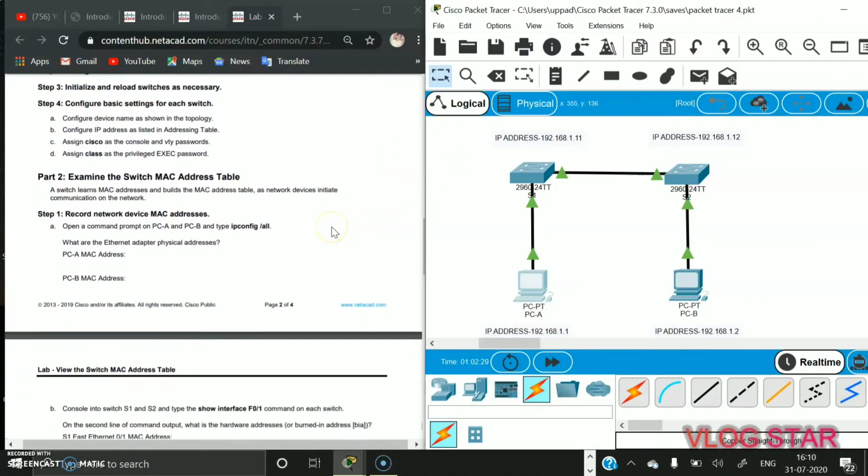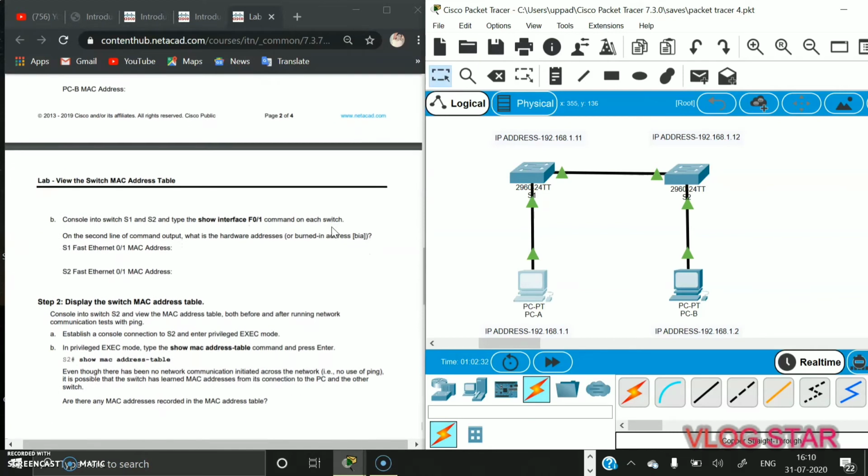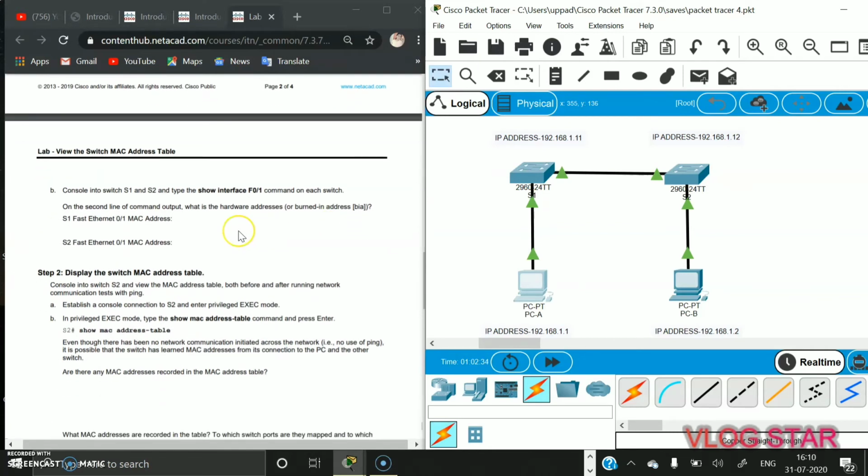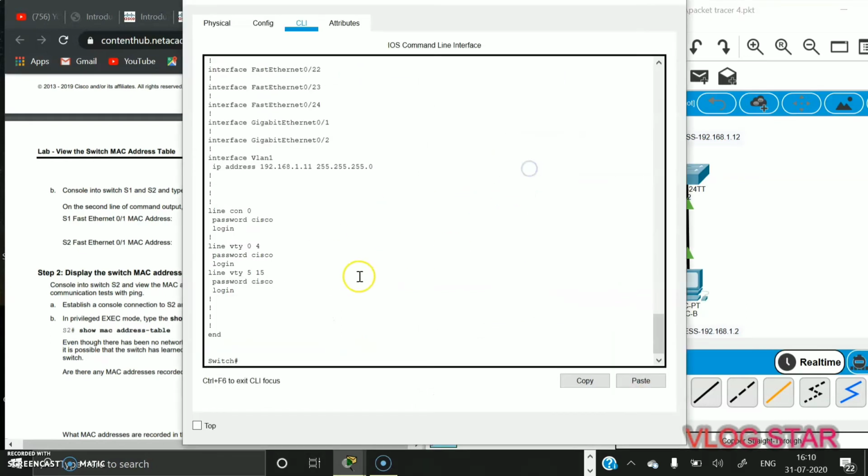Next, step 2. In step 2, we have to go to the S1 or S2, then we have to type show interface F0/1. Okay, show interface F0/1.